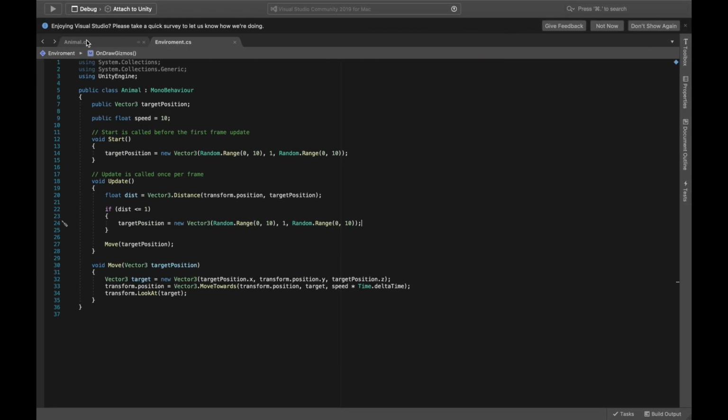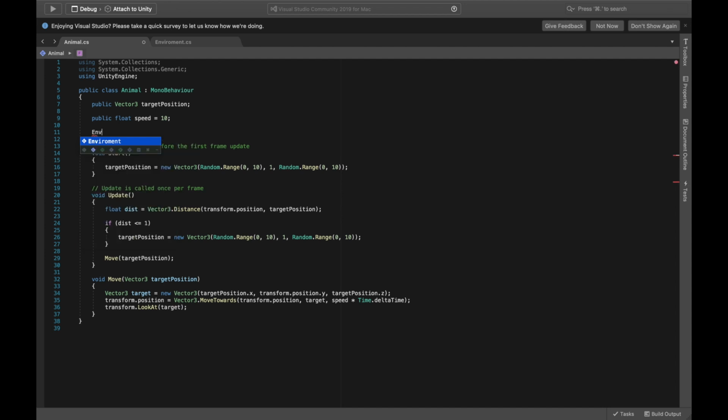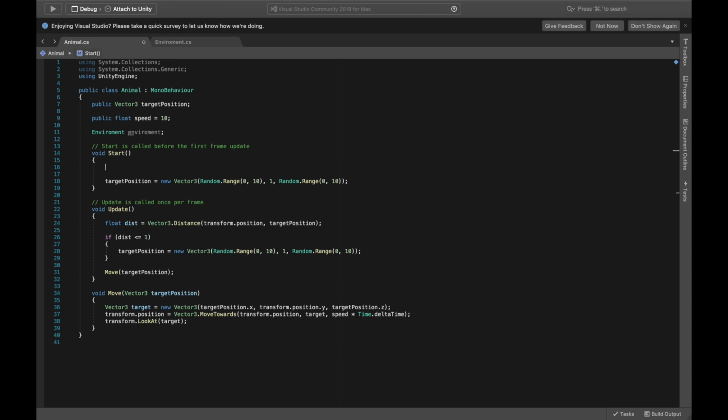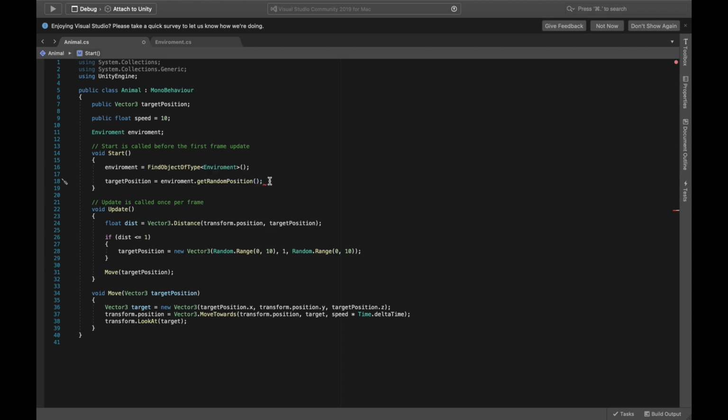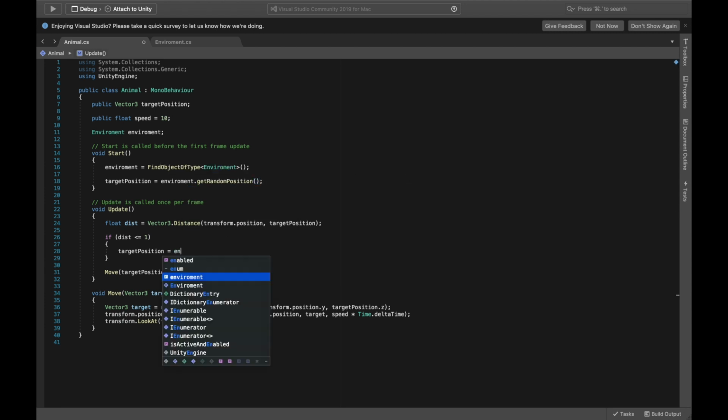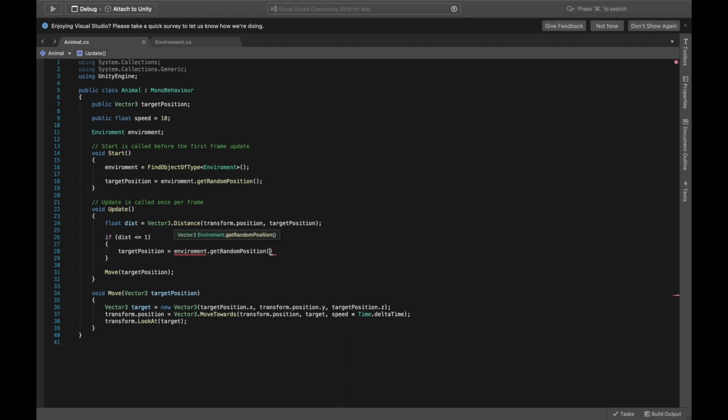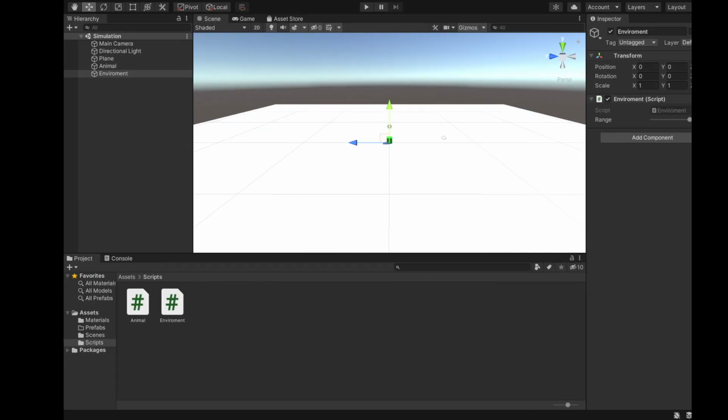Now, in the animal script, we just need to call that GetRandomPosition function. So first we need a reference to the environment. So Environment. And here we'll set the environment equal to FindObjectOfType Environment. Then instead of creating a new random position, we'll just call environment.GetRandomPosition. And we'll do the same here. Now if we save this and head into Unity,